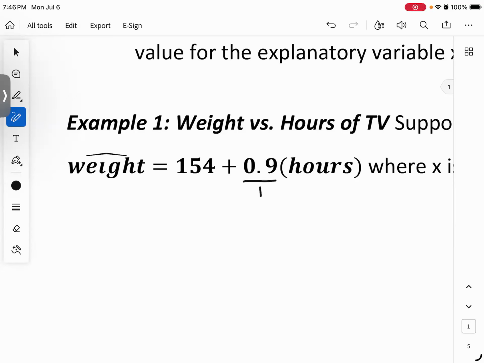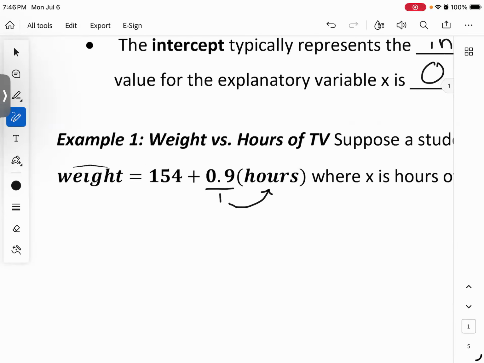Make it look like a fraction, right? You can always take any number, put it over one. And so for the interpretation, it's like right here. It'd be every time that somebody watches one additional hour of TV per week, what might happen to their weight is that it increases